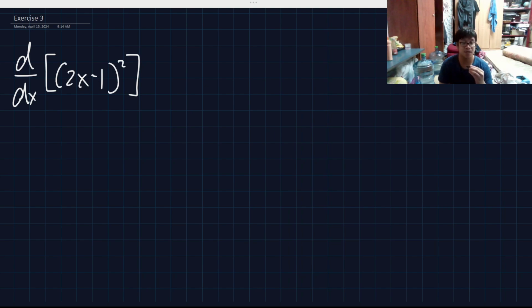So let's now proceed solving this problem. This first problem is actually the last problem we solved in the second part. So why do I need to solve this one? Because last time I mentioned that there's another way for you to solve this. There are two rules of differentiation that I can apply here: number one, the product rule, and number two, the chain rule of differentiation.